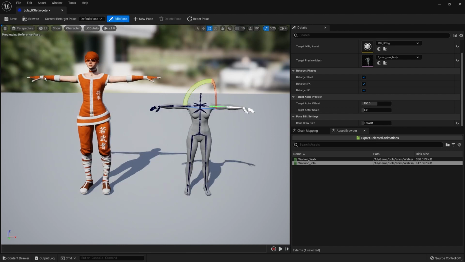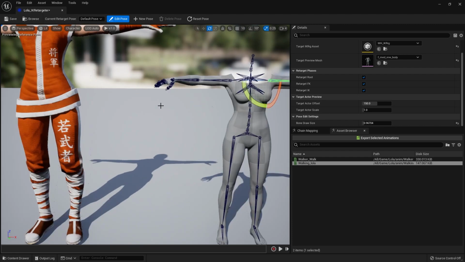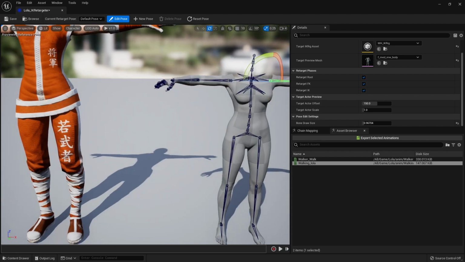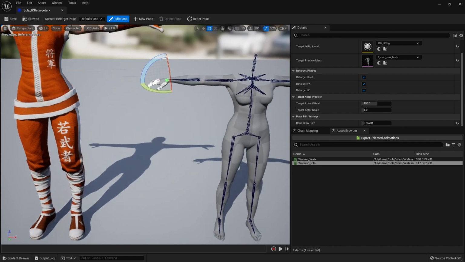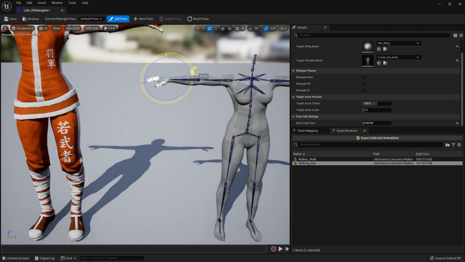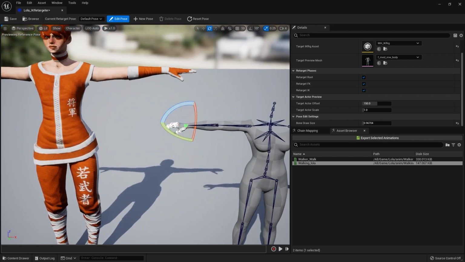Notice how this hand is straight out. This hand has a little bit of a curve to it. Also, our elbows aren't matching, so you'd have to come in here, straighten out the elbow, come in here, and straighten out the hand. So the more time you spend on matching these poses, even the fingers, because if you were to look at the fingers here, they're perfectly straight out. And if you look at them, let's look at from the top view